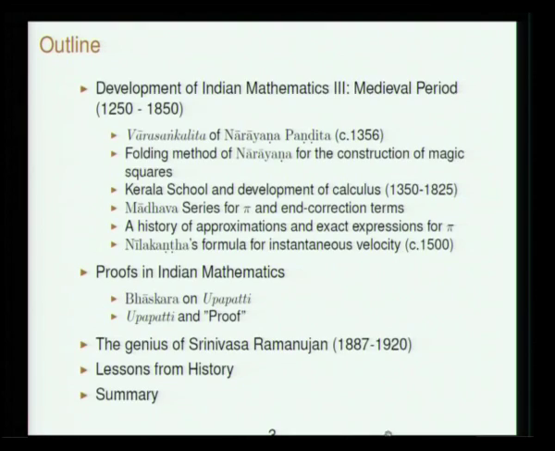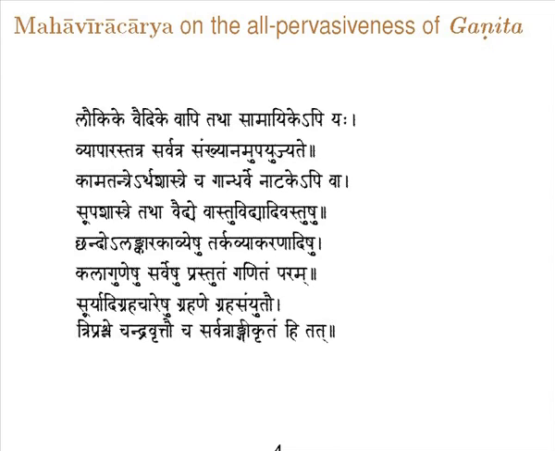We will then go to some glimpses of the highlights of what happened during the medieval period till about 1850. Towards the end we will discuss something about the nature of mathematics in India, how mathematics was understood, how results were proved and things like that. And then about the contemporary period we will speak a little bit about Srinivasa Ramanujan, finally an overview of the history. So, one of the standard quotes on mathematics in India is this following statement from the Ganita Sara Sangraha